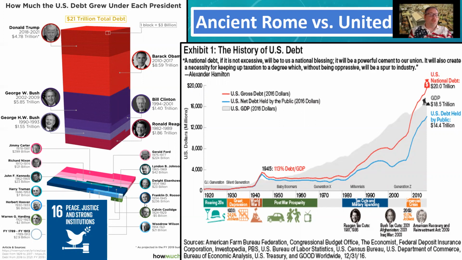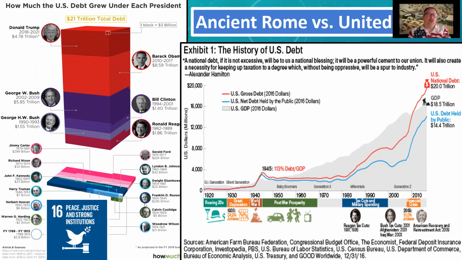Look at all the presidents before us. See that little line beneath us? That's pink and blue and green. That's all of the presidents before us and the debt they racked up. Every president has done multiple versions of that since then. So we basically are bankrupting ourselves. We're living beyond our means.